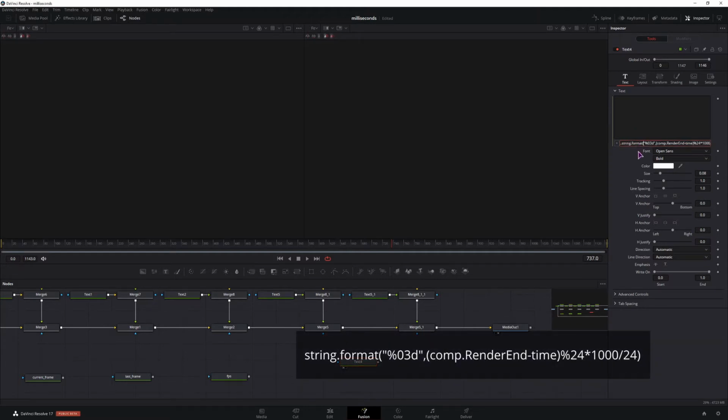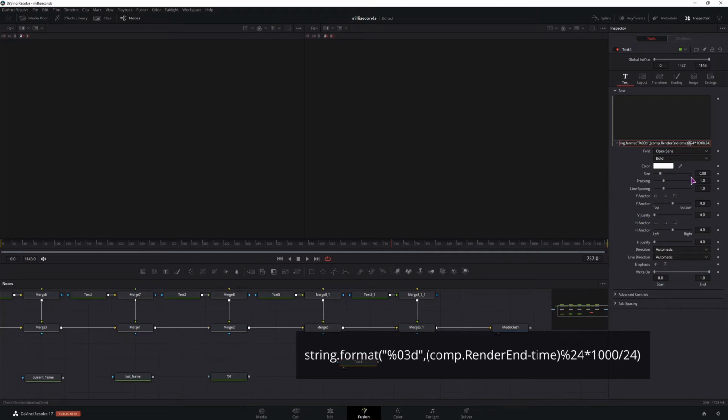So we use string format, which is a text. We use 0, 3. You could also use 3, but if you only have 1 millisecond, you would have 2 spaces before that one. I can't really show it because it's not updating. This is what we'll want to do. We'll want to use D. D means you will be displaying whole numbers. Compare parent is the last frame minus the current time.